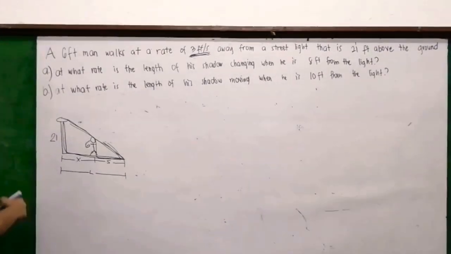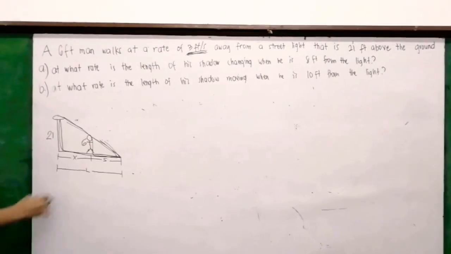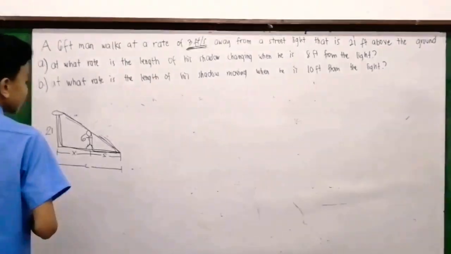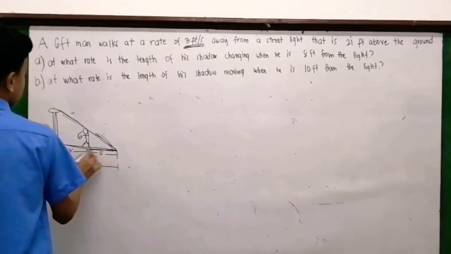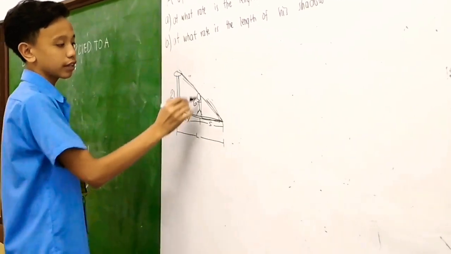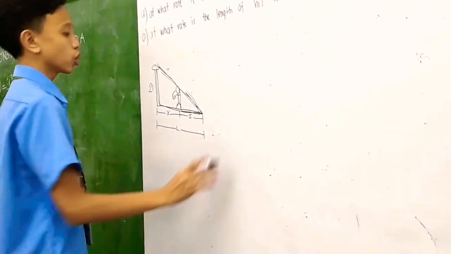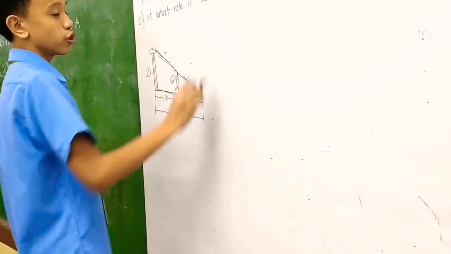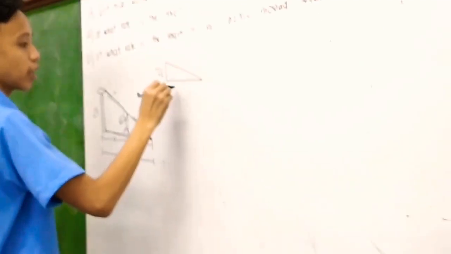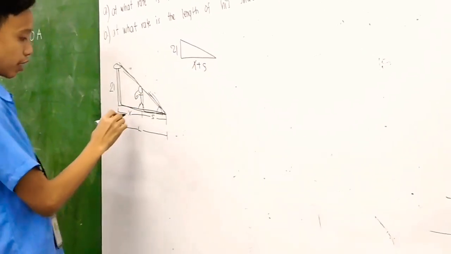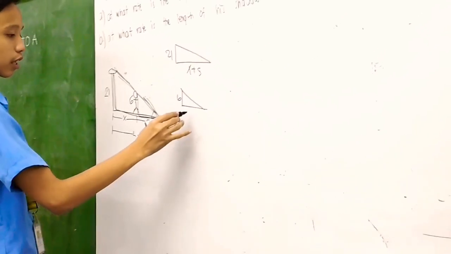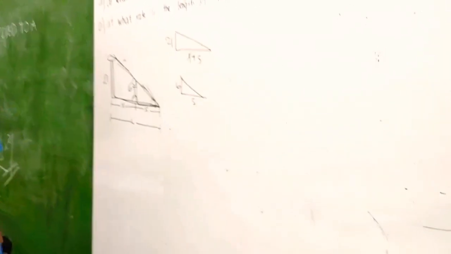So in our problem, there's a 21 feet pole and there's a man walking away from the street light, who is 6 feet. So this is his shadow and the gap between the pole and the man. Keep in mind that this triangle and this triangle have the same angle. So we're gonna get the angle using the tangent formula. So 21 over x plus s, and the other triangle, which is 6 and s.